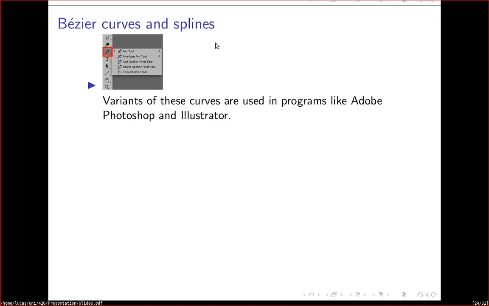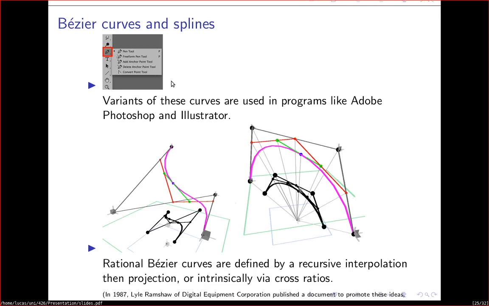So if you've ever used software like this, which has a pen tool, where you can click and drag around points and then make nice curves like in Illustrator and Photoshop, it's a similar set of ideas here. These two diagrams showcase Bezier curves in homogeneous space projected into this space. And as you can see here,